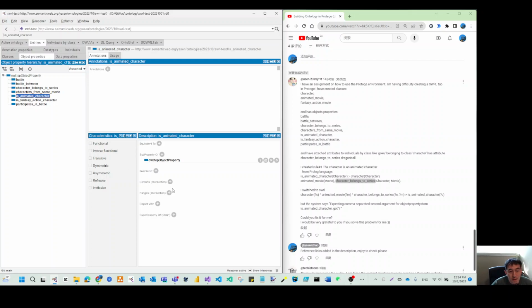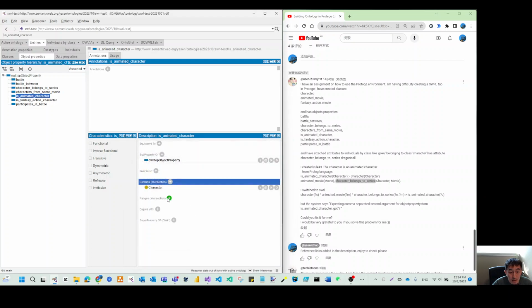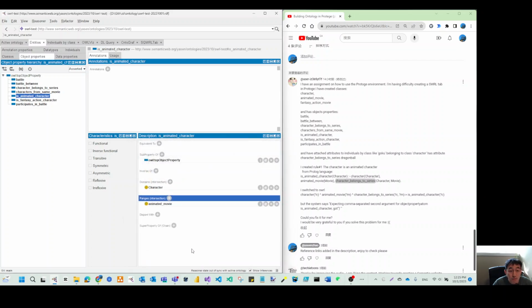So it's tricky. If we say the range is character, and the domain is character, the range is animated. Which means I put character first, movie second.